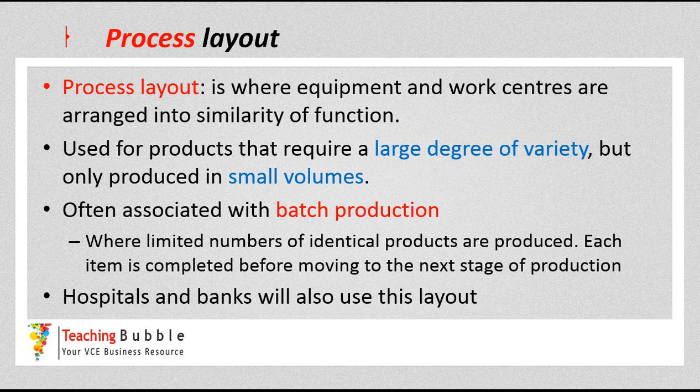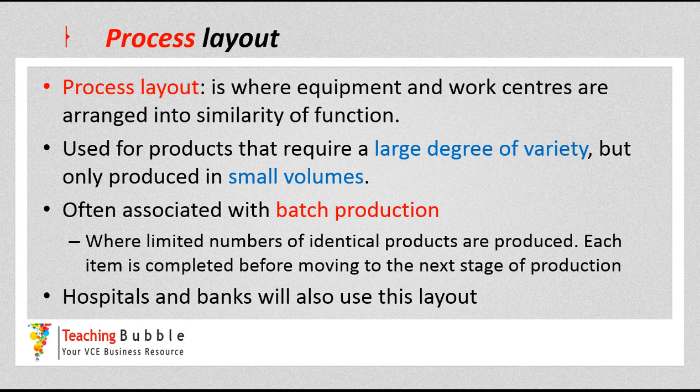The next layout is a process layout. That's where equipment and work centres are arranged into similarity of function. So it's used for products that require a large degree of variety. When we looked at the product layout, there was low variety. This is for a large amount of variety, but only produces small volumes of that particular variety of that